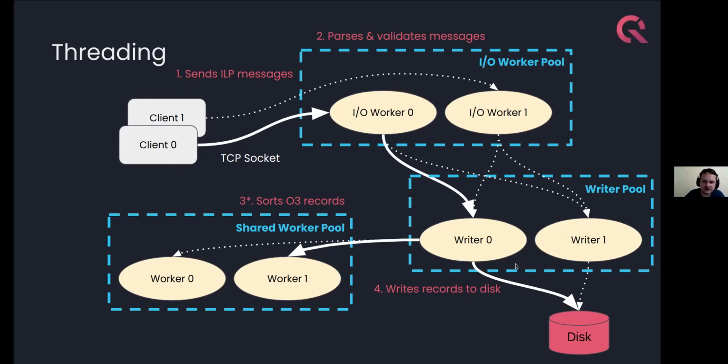As for the writers themselves, we have the single writer architecture. So for a particular table, all of the writes will be handled by one or another thread. And the thread will be a single one, simultaneously. Each of the writer threads, if your data is out of order, it may send the data